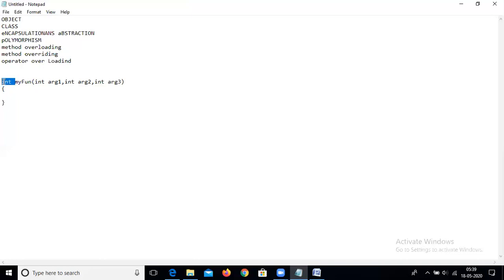Suppose there is one function int myfun, and another function with a different argument. These are two functions in the class.